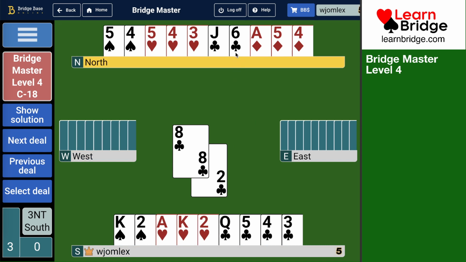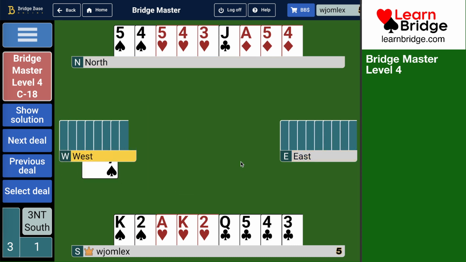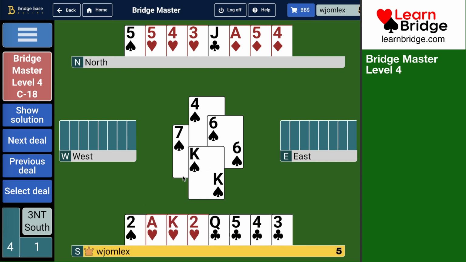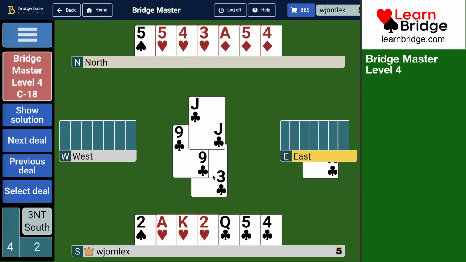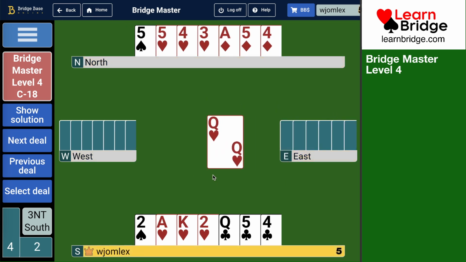I should let West in now, and they can't hurt me, right? Give them this club. They play a spade. Okay. West, East of spades now. I continue. East has to win this one. I'm going to give them another